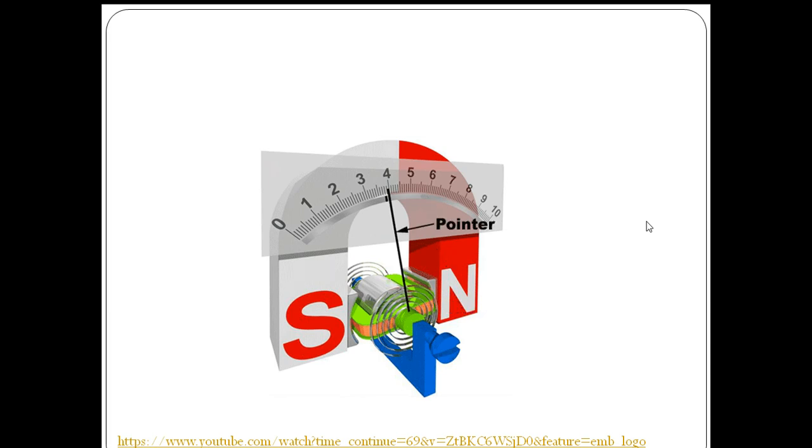So we are going to see in detail the different parts and what they are made up of. These are two magnets, spring, dial, mirror, pointer, moving coil. So these are the main parts existing in a PMMC meter. Just go through this video once to see how this meter works.